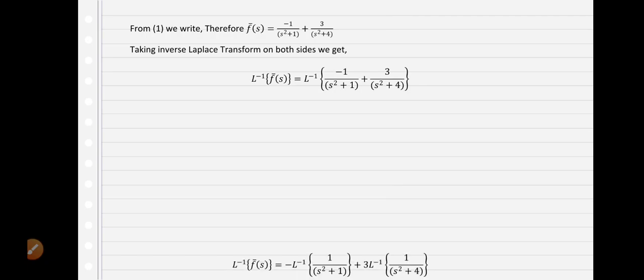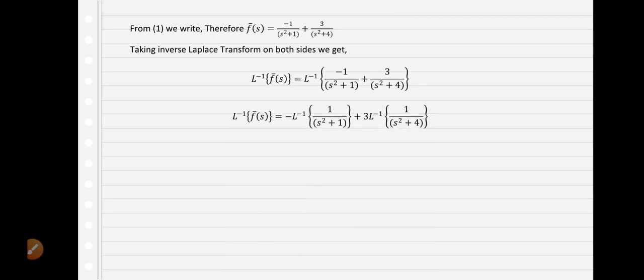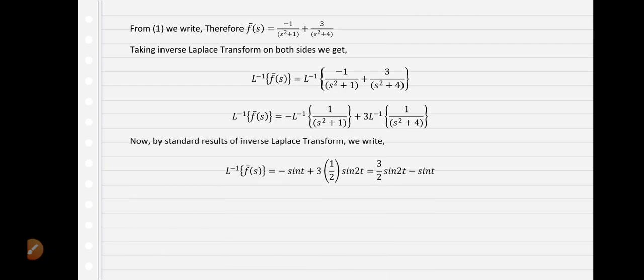So by the linearity property, we get this step. The results are similar to the standard result 1 upon s square plus a square, whose inverse LT is 1 upon a sin at. For the first term, a equal to 1, and for the second term, a equal to 2. So this gives us minus sin t plus 3 into 1 by 2 sin 2t, which is equal to 3 by 2 sin 2t minus sin t. One more example,